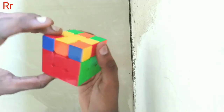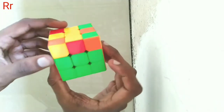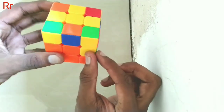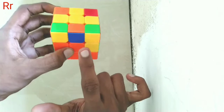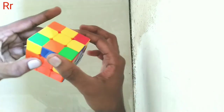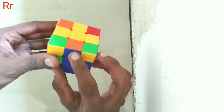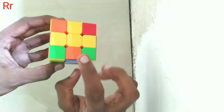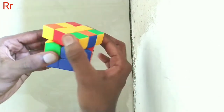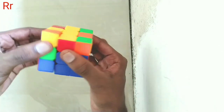down. So as you can see, I have only one more piece remaining. And as you can see, there is that piece which has no yellow color, blue and orange. Turn that to the blue center. As you can see, it should be placed in this position. So you have to turn it in the opposite direction, up,